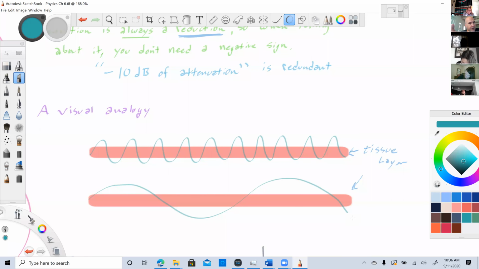Now, I'm not 100% sure how accurate the analogy is, or how accurate this description is. But at a higher frequency, we're going the same distance here, the sound,